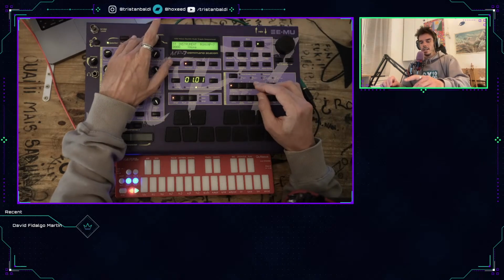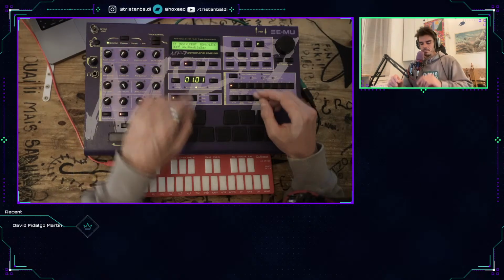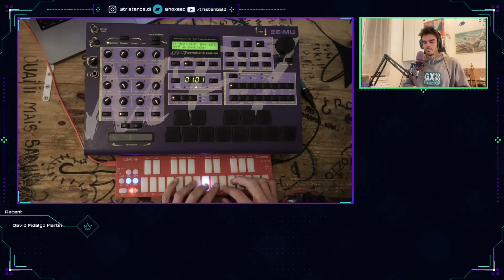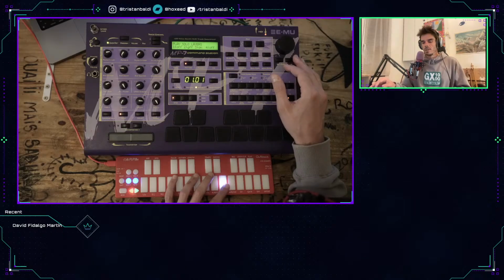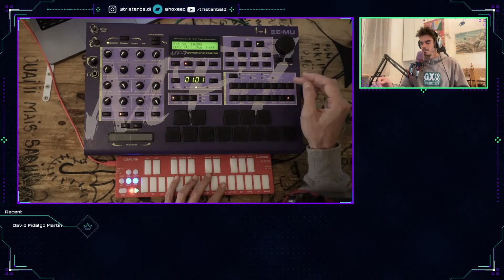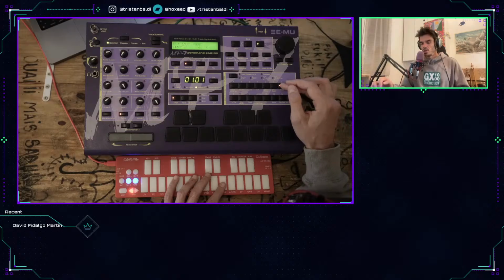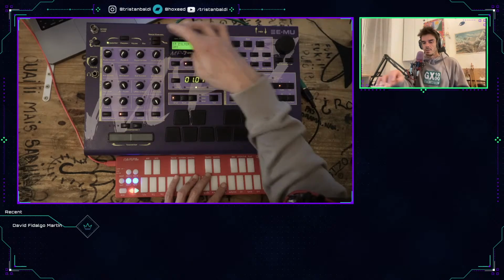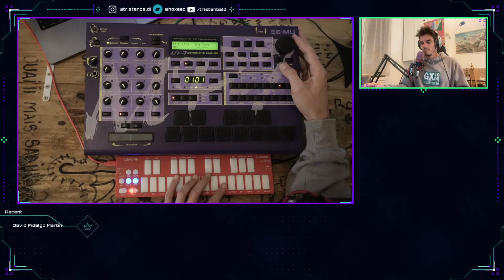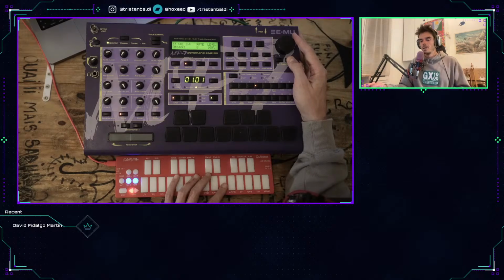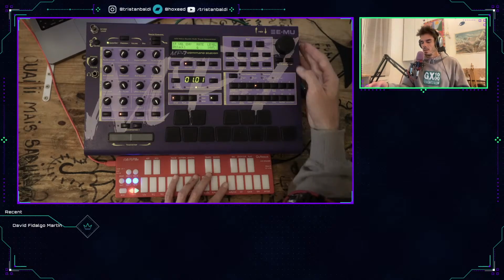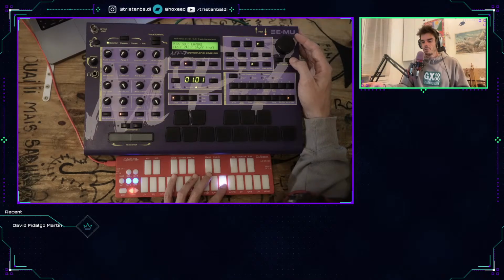So layer 2 and layer 3. We're gonna solo layer 2 just to see. Okay, so we need to work on layer 3 here. And what we're gonna do is check the filter on layer 3. We don't have any filter. I want to see the amp for that. There we go. So if I turn the solo off,